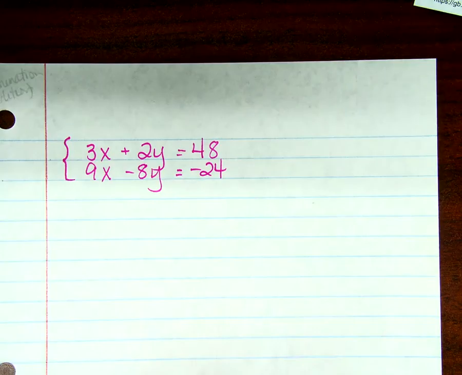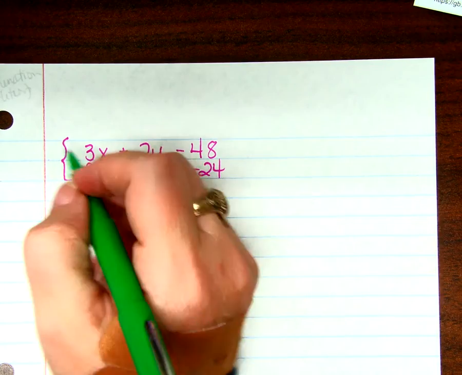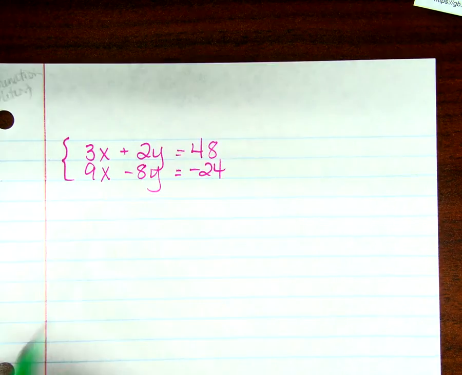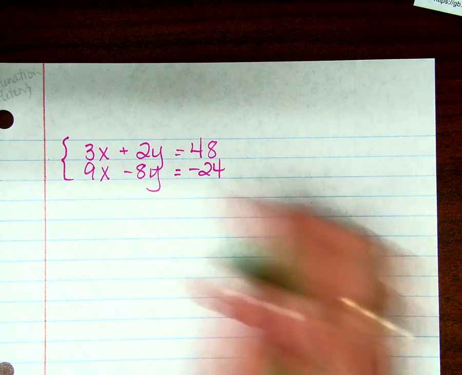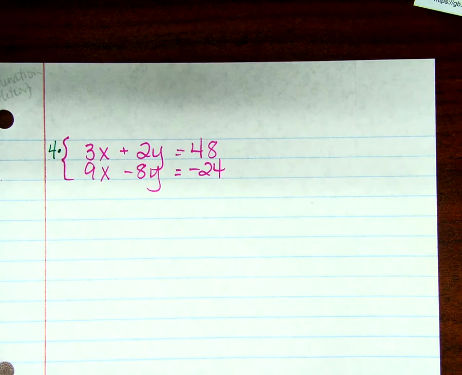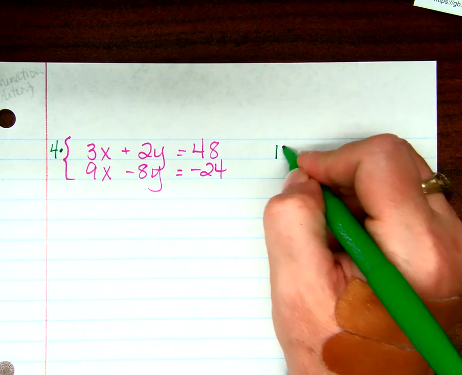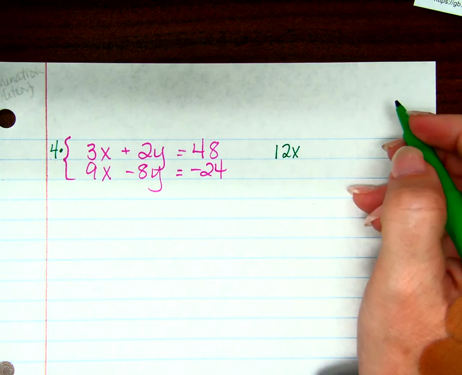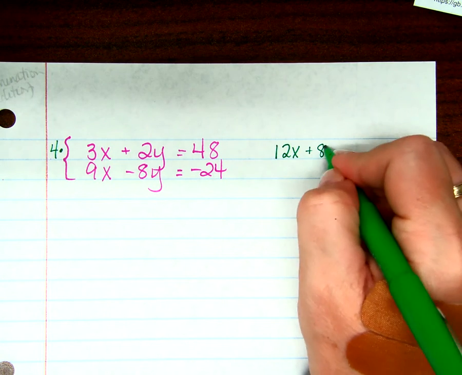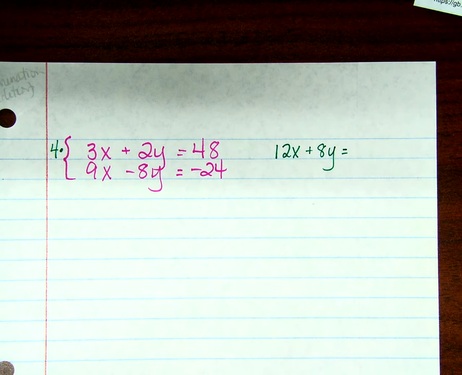Because I can't just go poof, it's an 8, right? If I multiply it by 4, what else do I have to do? The whole equation by 4. Otherwise, I've changed the value of the equation, right? The system, and I will never be able to get the right answer. So if I multiply the top equation by 4, I get 12x plus 8y equals